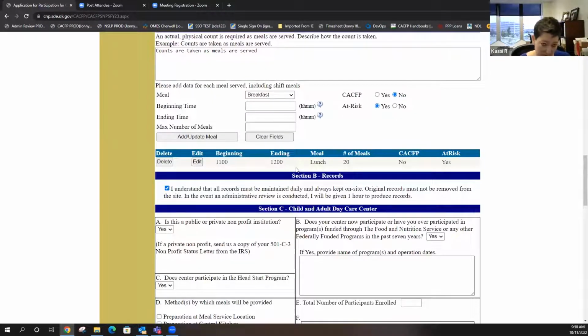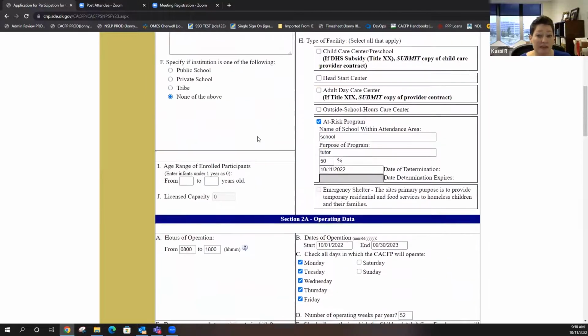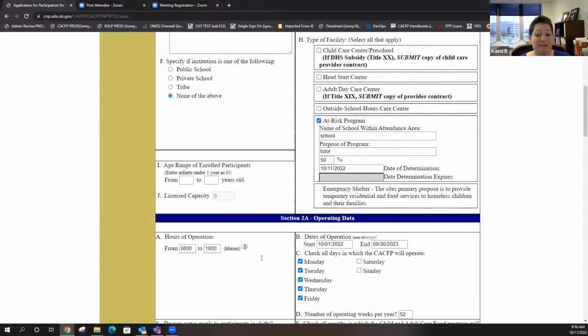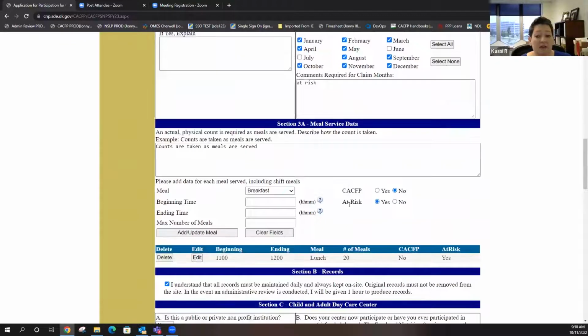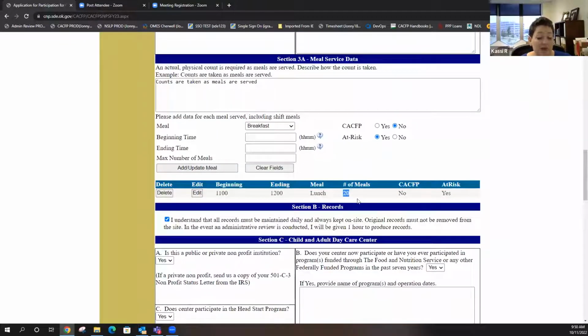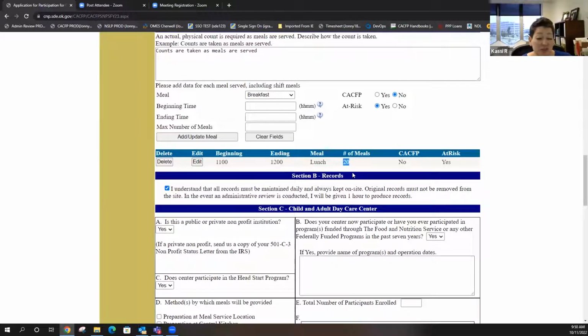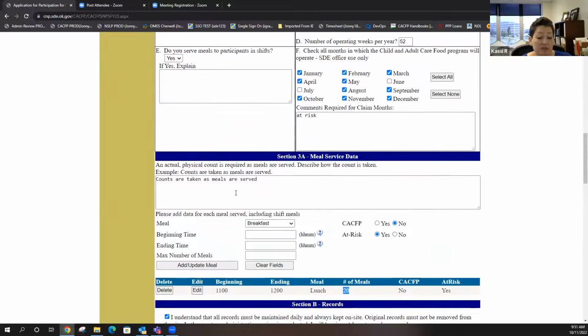That would be a reason why you would need a split shift, because you do have a license capacity. If you are licensed, you have a license capacity, and any one shift of meal, you can't exceed that. So whatever you have listed here, this number here can't be greater than that. So if you have more enrolled than you have that you're licensed for, which happens, then you would have to have more than one shift, because you can serve 2 shifts of any meal up to your maximum capacity. Your number exceeds the meal service amount.